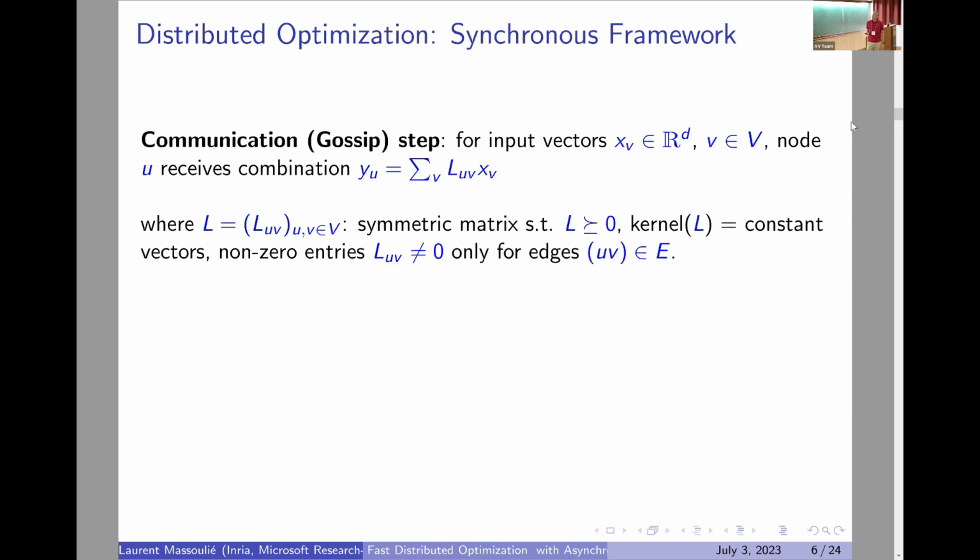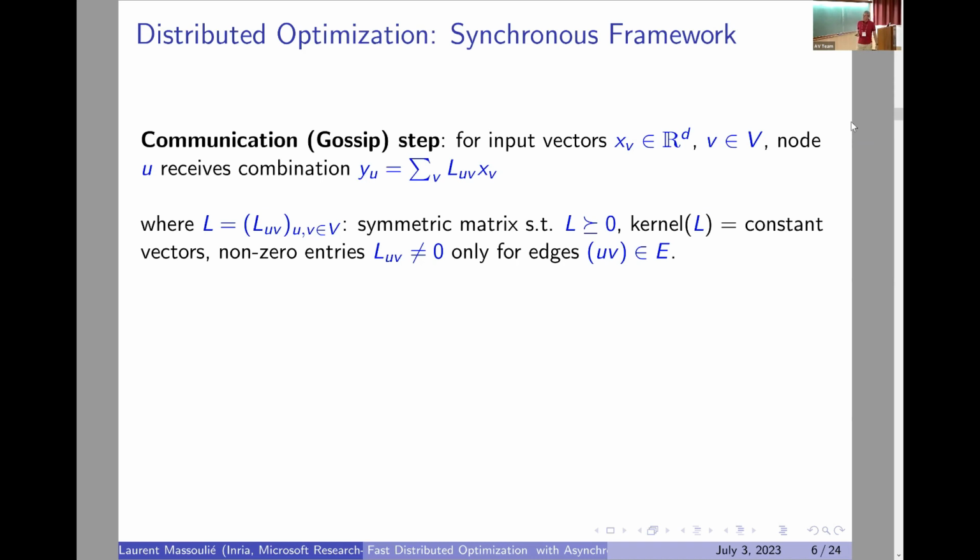And to be more specific about communications, which we also refer to as gossip steps, we'll assume that in a given step, the users feed a vector into the communication primitive. So x_v for user v, a vector in R^d. And then each user u would receive a linear combination of the input vectors of its neighbors. So specifically, it receives a sum over v of L_uv x_v,